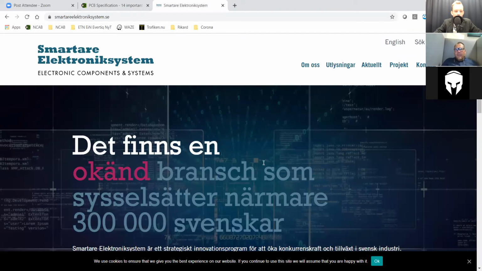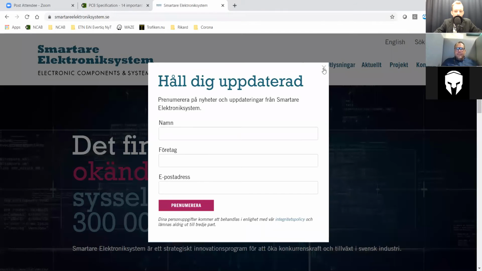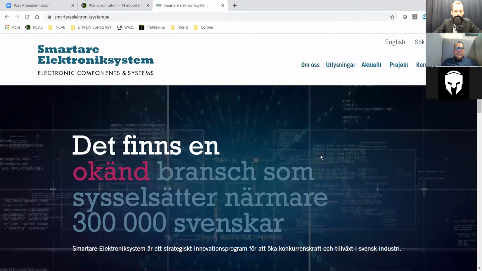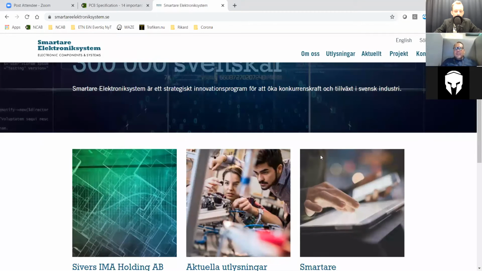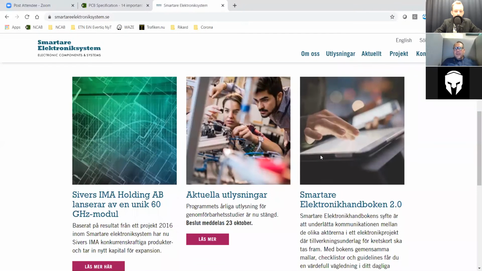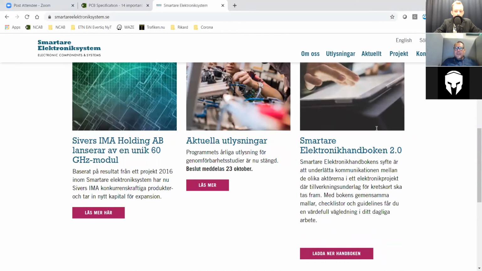Yes. So for the handbook, there's Smarter Electronic System. It's a Swedish initiative to actually support the Swedish electronics industry in general. Here you're able to download something called Smarter Elektronikhandboken, which is this part. And there are templates, there are explanations, and it's actually for the whole process. So it's from the design, taking into consideration also challenges for purchasers, project managers, production managers. So all steps of an electronic product from the start until it's delivered to the customer is covered within this